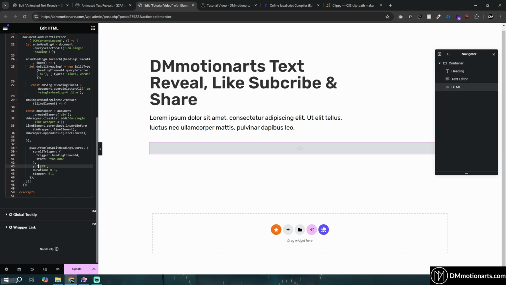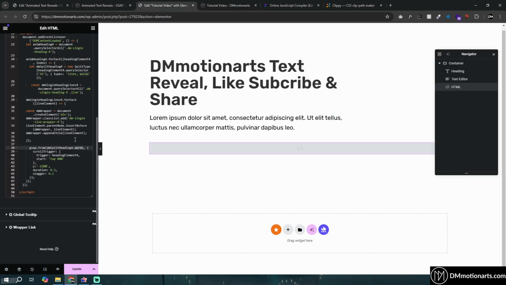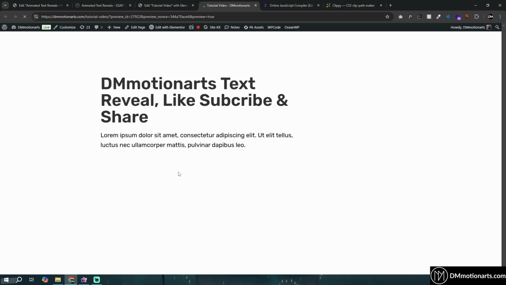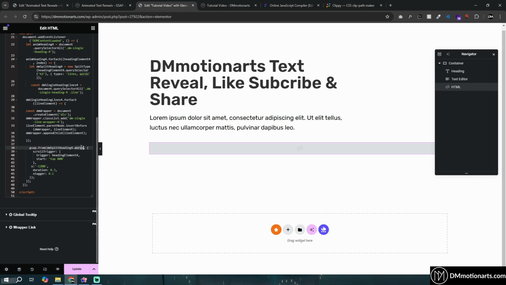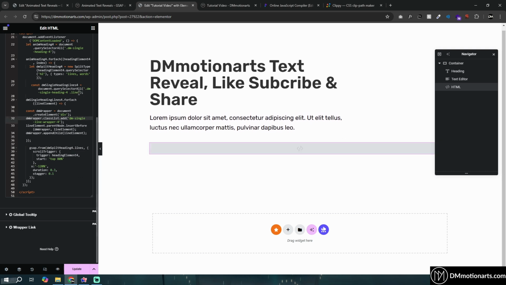Similarly, if you make this y negative 120, we can make it go from top to bottom, like this. You could obviously do this by line, character by character. You just shouldn't do x, because if you do x like this, let's see what happens. You can see it looks weird unless you do it line by line. I think if you do lines, let's try it, why not? And then let's do,